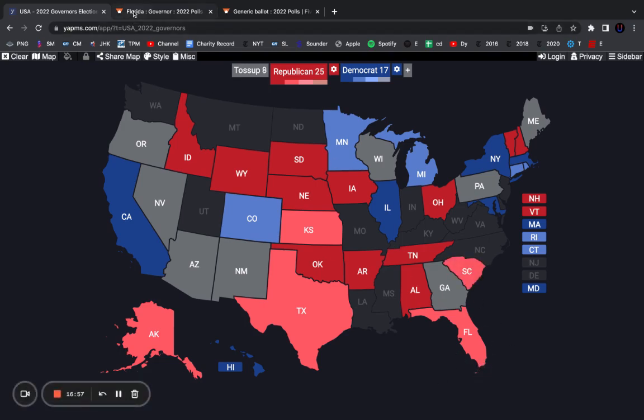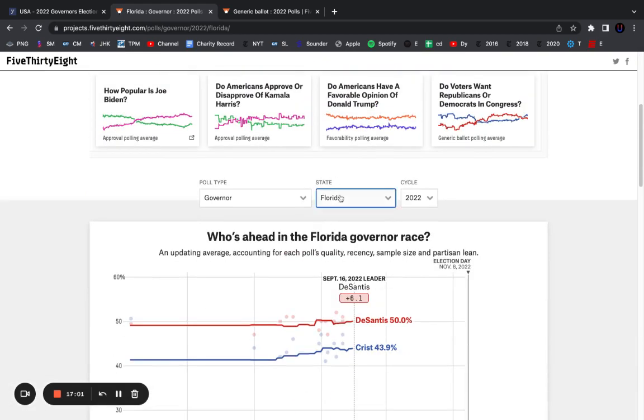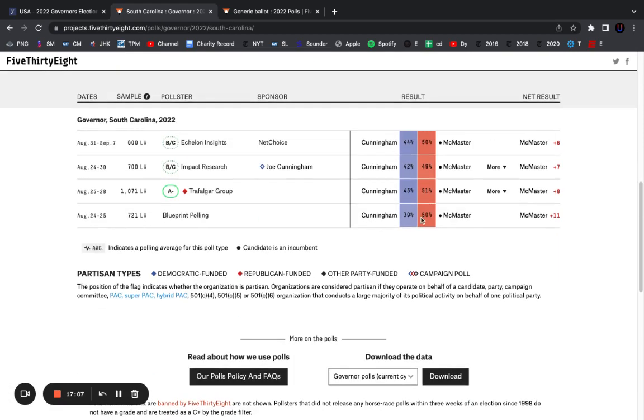Same with South Carolina. Joe Cunningham's a good candidate, and Henry McMaster isn't the most popular incumbent. But at the end of the day, black turnout has been historically pretty bad in South Carolina during midterm elections, and in the limited polling we have, it's mostly just Democratic internals. And it's interesting that Trafalgar only has McMaster up by 8. I think he'll win by probably close to 13 or 14, to be honest. But yeah, I don't really know.